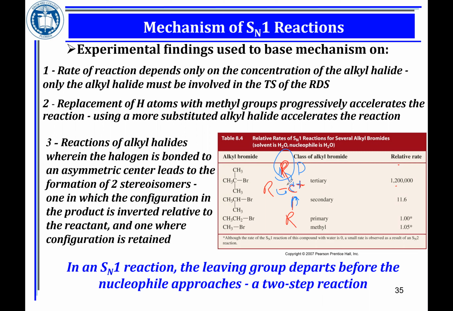The better the leaving group is, the faster the reaction is going to be. For both SN1 and SN2, the leaving group is being replaced by a nucleophile. Just the steric hindrance is opposite for SN1 and SN2. Exactly. We have the steric hindrance that you have for SN2, because the leaving group's still